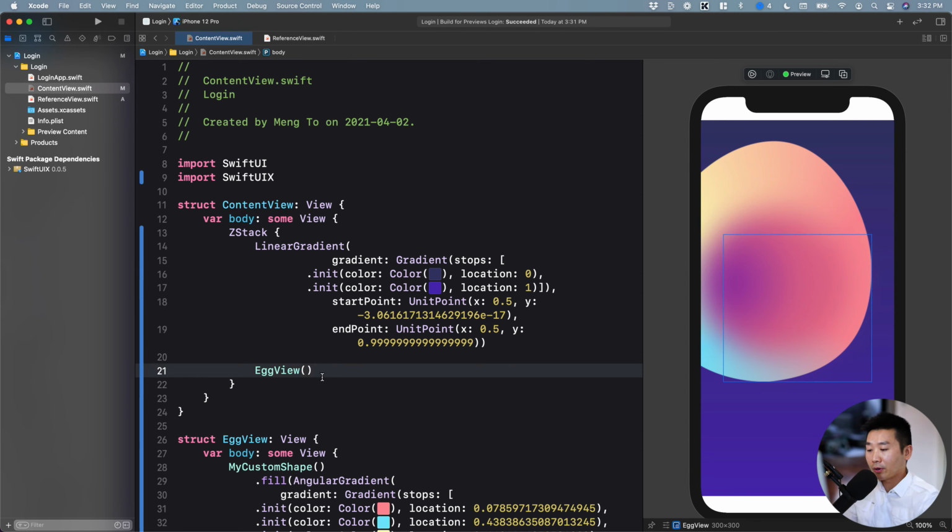I can set this one to a font. I've mentioned a lot of times before to use dynamic text, and the reason why we want to use dynamic text is because it's going to automatically adjust the size based on the accessibility options. A lot of people, like your parents, my parents, like to have really huge fonts, and so when you use dynamic type, it's going to adapt to the size of their fonts. I explained that a lot, so if you want to, it's definitely part of the description. So here I'm going to use large title, and it's 34, so it's large title. I'm also going to use bold,